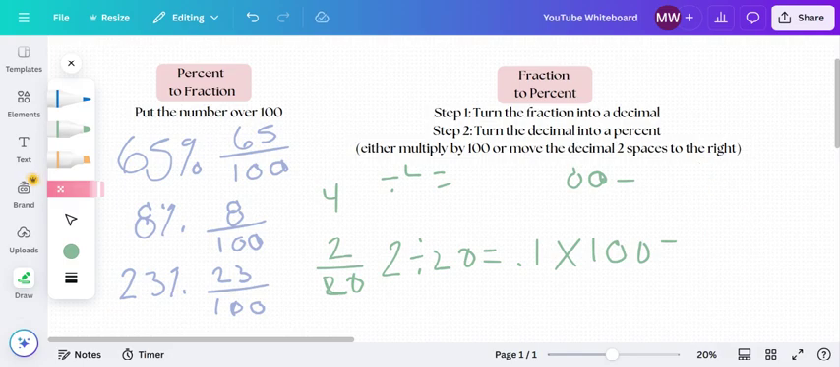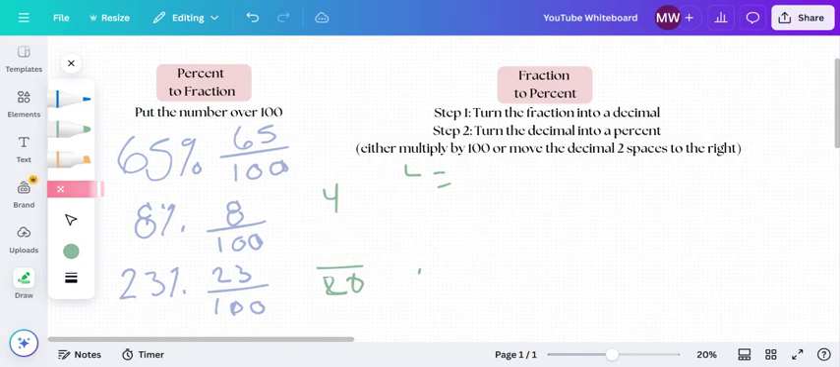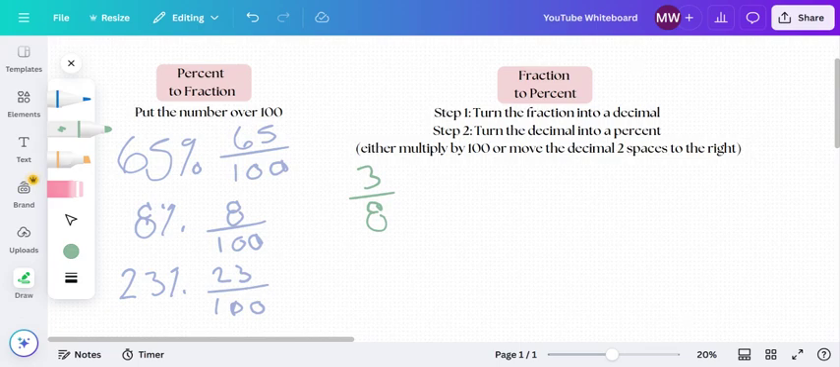The other way we could do that second step is to move our decimal 2 spaces to the right. Both ways should get you the same answer. So let's try a couple problems where we are just moving our decimal over instead of multiplying. All right, so let's go with our first fraction here as 3/8. So first I have to turn this fraction into a decimal, so this is a division problem. I will do 3 divided by 8,